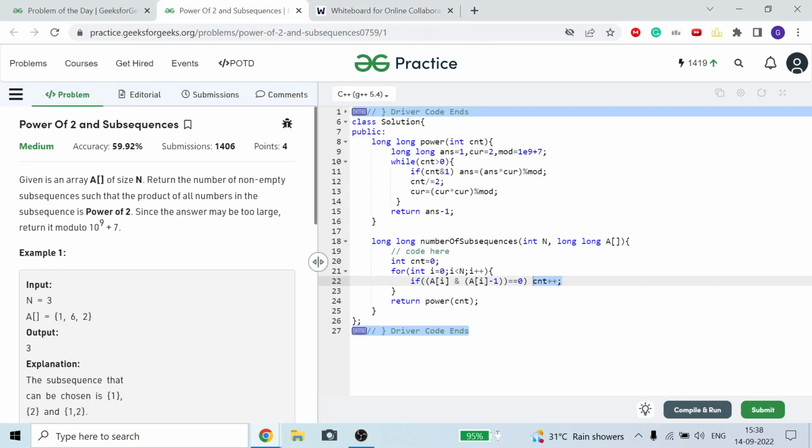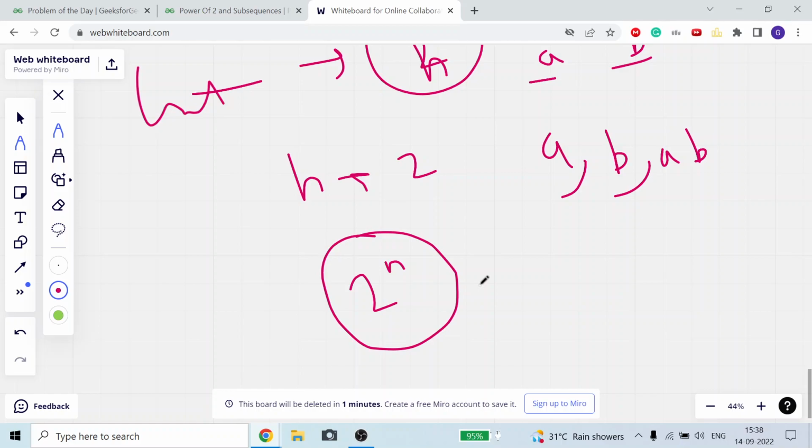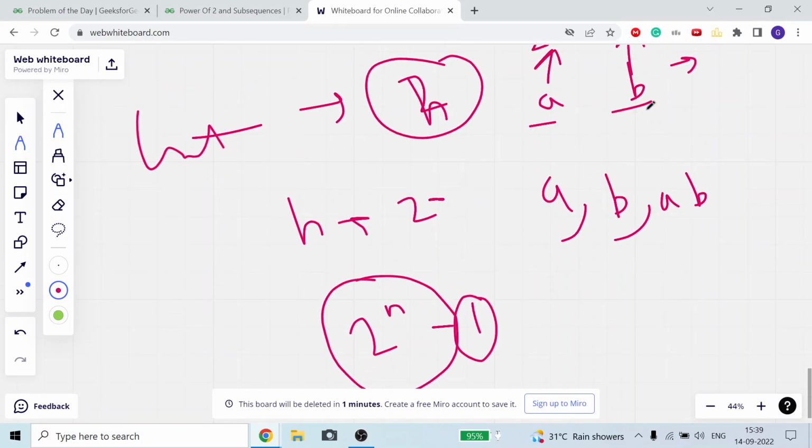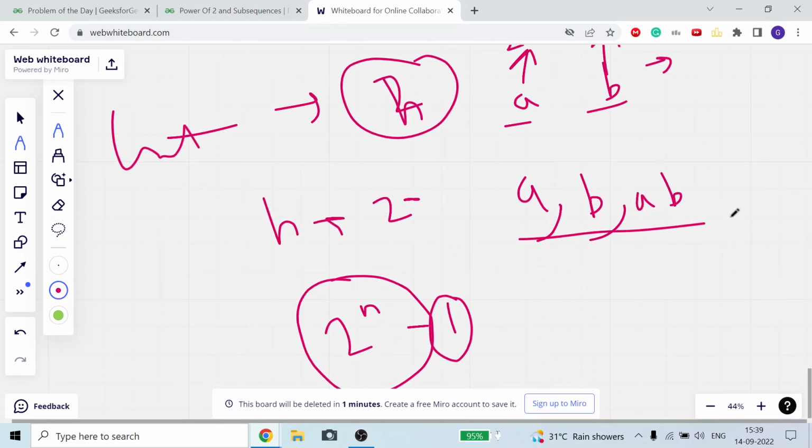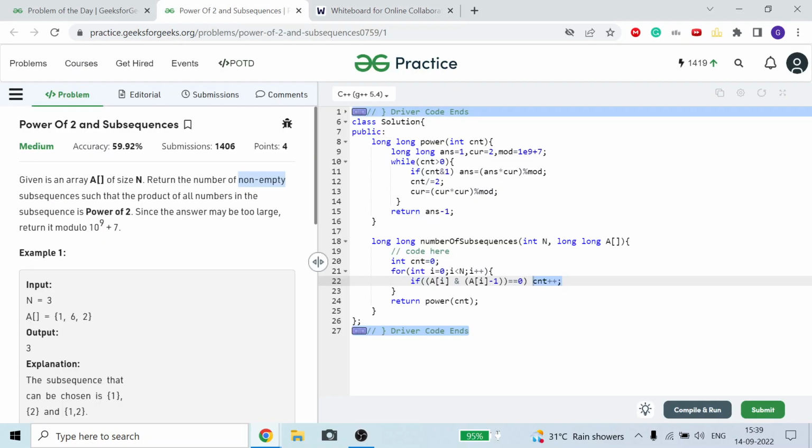But there is one condition, that the subsequence should be non-empty. Here one case will come, because I can take a number or I cannot take it. But there is one case in this 2 raised to the power n, when I have not taken any number, so I will subtract 1 from it, because my subsequence cannot be empty. So I will reduce the count of that particular subsequence. Here you can see 2 squared is equal to 4, but the answer is only 3, because when both are not taken, I cannot count it, since my subsequence must be non-empty.